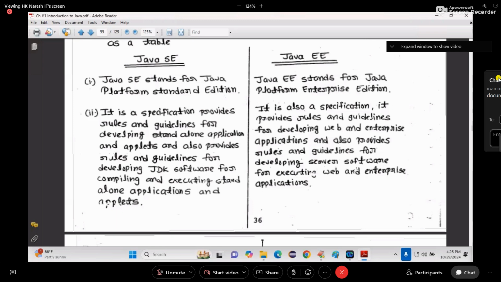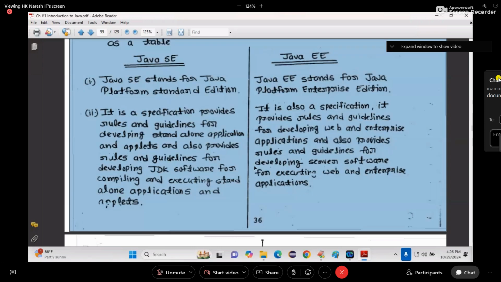Completed 2 points. The second point is very, very important. Look at the third point.